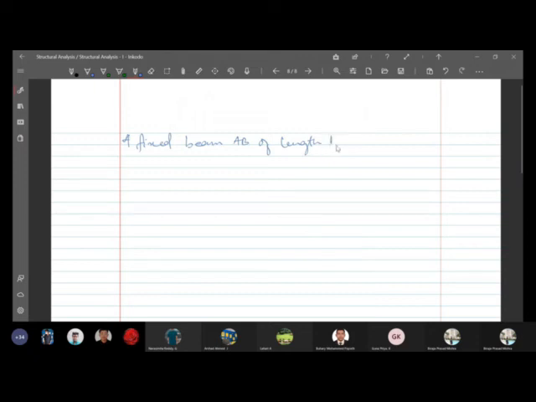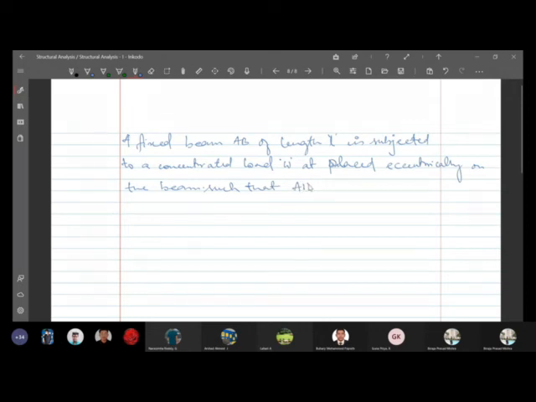of length L is subjected to a concentrated load W placed eccentrically on the beam, such that AC equals A,